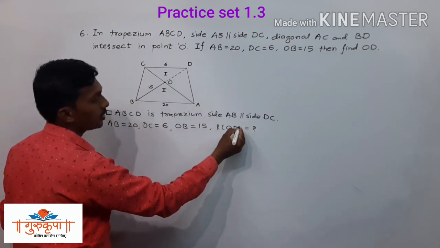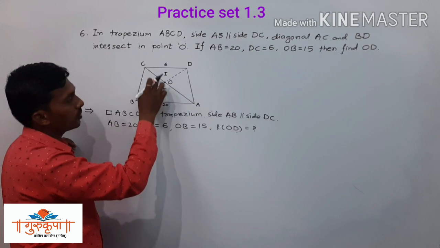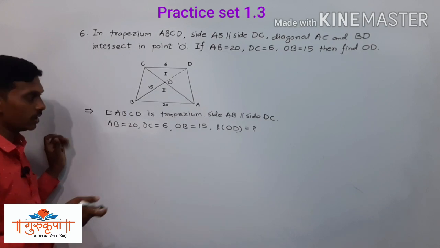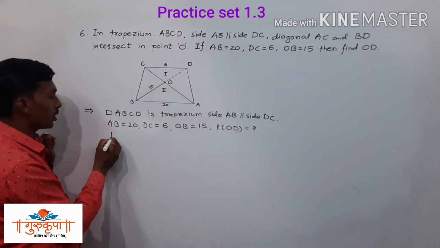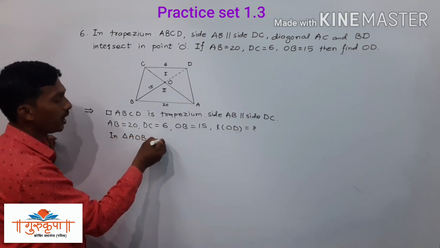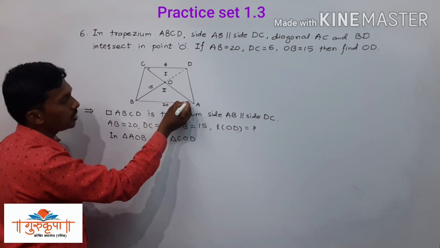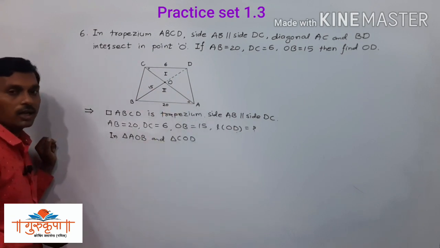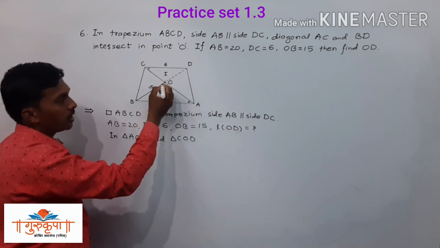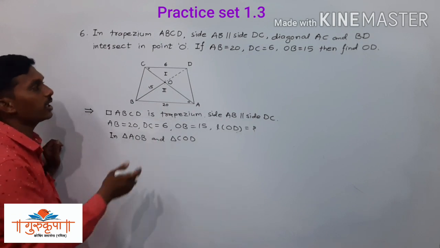And how to find the length of segment OD, we already discussed. We have to show that these two triangles are similar to each other, and then putting their corresponding sides in proportion, we have to find OD. So here we will write the names of the two triangles which we have to show similar, triangle AOB and triangle COD. Here this angle is congruent to this angle, the reason is alternate angles made by the transversal of two parallel lines, and then this angle is congruent to this angle, that is vertically opposite angles. So we have to write the two pairs of congruent angles here.